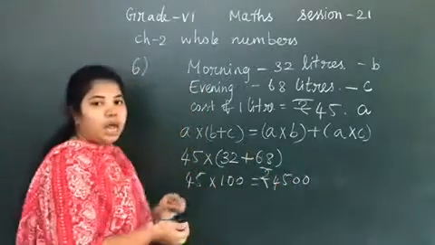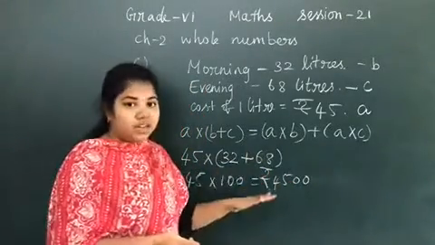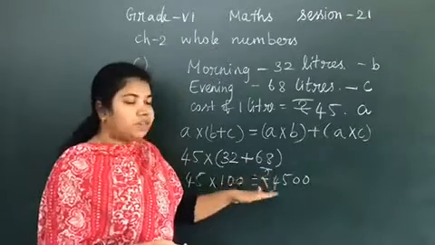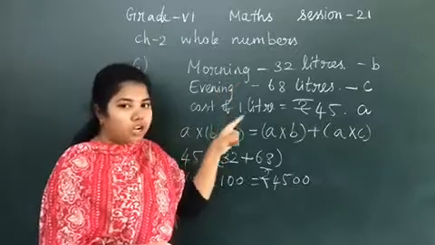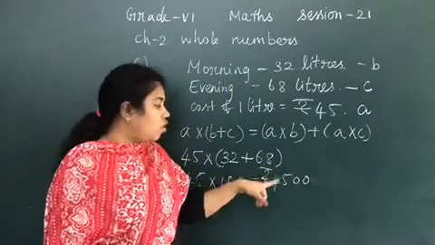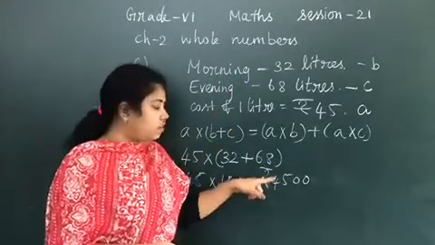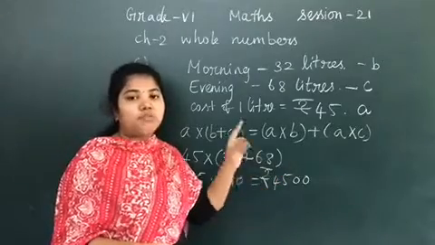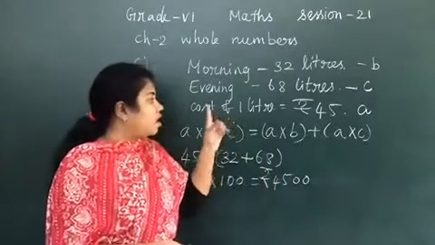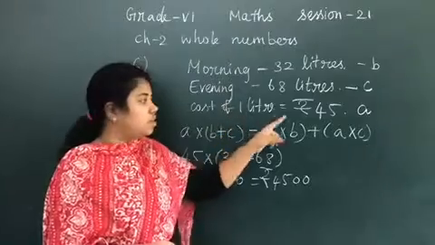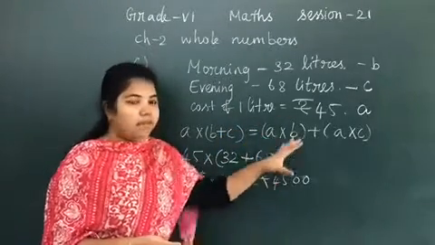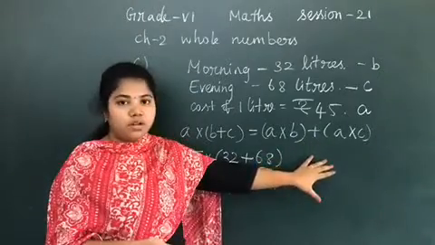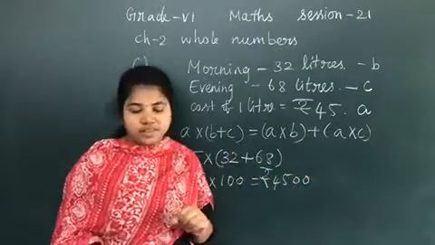So the total amount spent, that is due to the vendor, is rupees 4500 for 1 day, because evening and morning he is giving milk, right? So the due for the vendor is rupees 4500 for 1 day, if the cost of 1 liter of milk is rupees 45. Are you clear? Can you do the same for the right hand side at home? Okay. Now let us move on to the next sum.